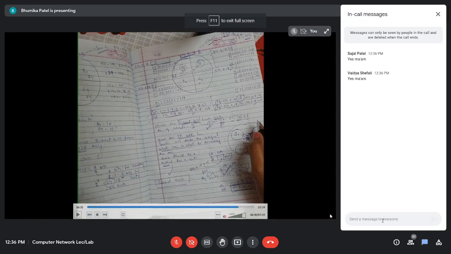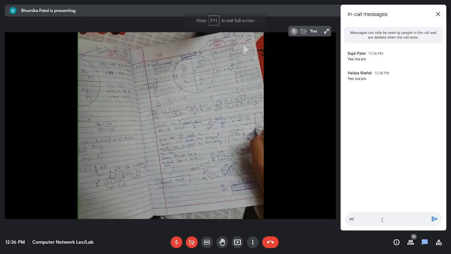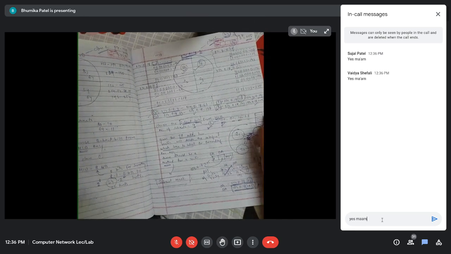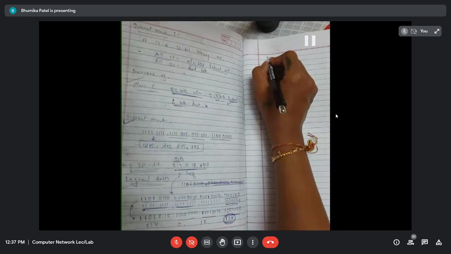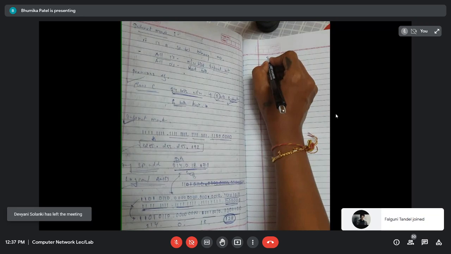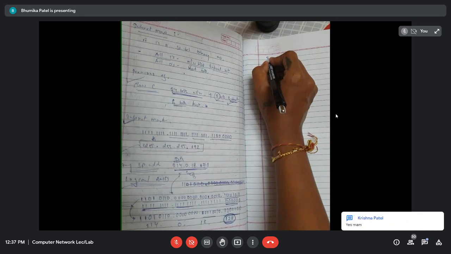Okay, fine. So that is the main purpose of the subnet mask that the router is going to use. Okay, so in the exam, you will be given the destination IP address. Only one destination IP address will be given, along with the number of subnets. So from the destination IP address, you have to identify which class it belongs to.